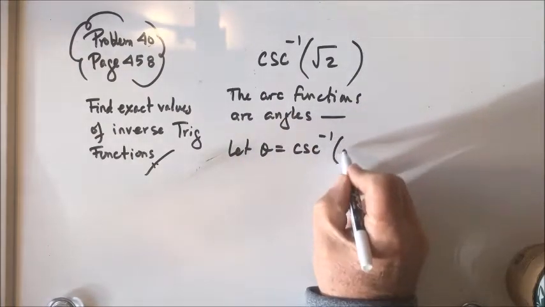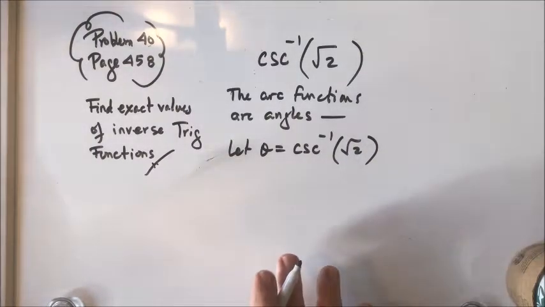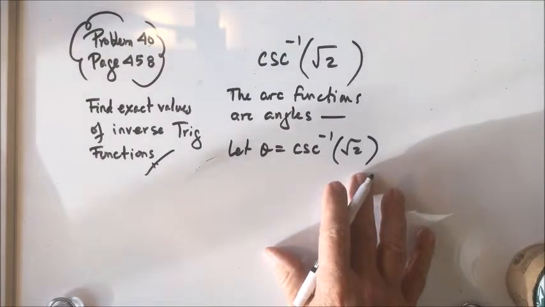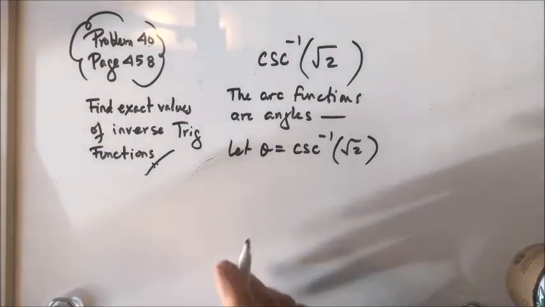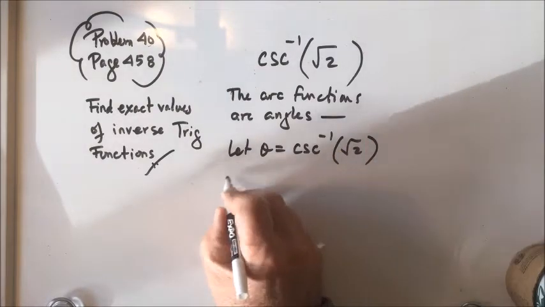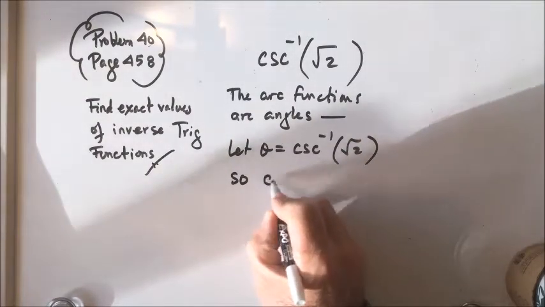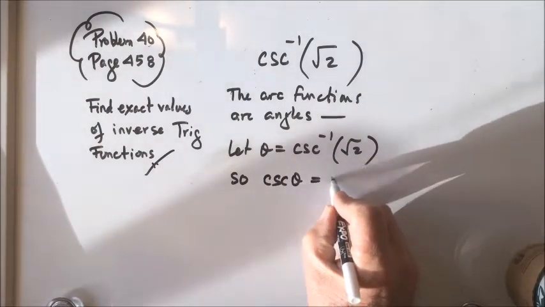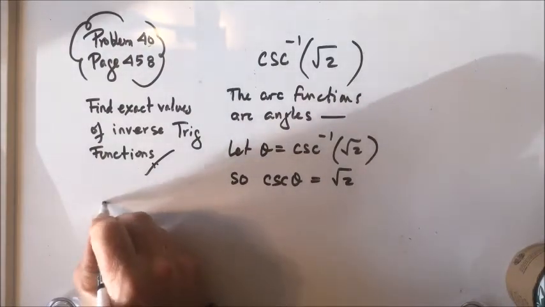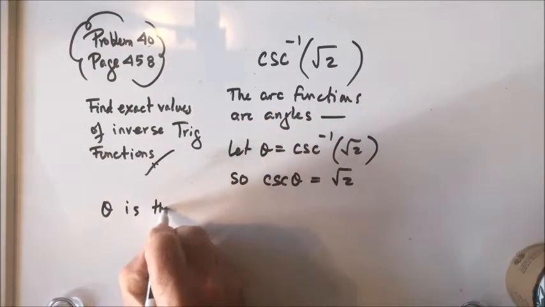And now we can see what we're doing is we're trying to find the angle theta whose cosecant is root 2. That's the total extent of the problem. So if I take the cosecant of both sides, the cosecant of theta is equal to root 2. So theta is the angle. I'm going to just write this statement in English. Theta is the angle